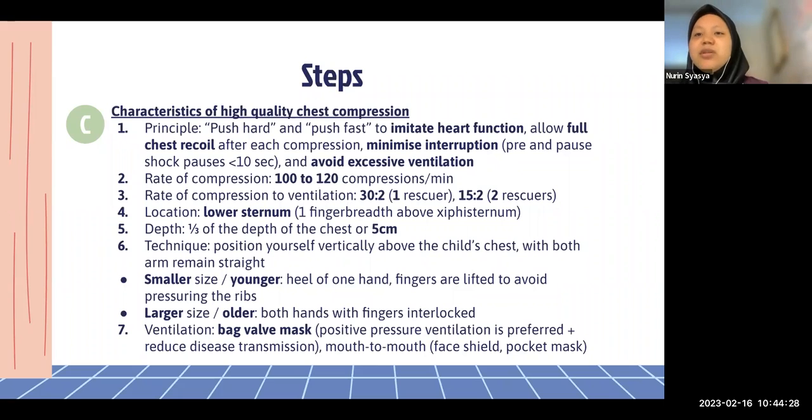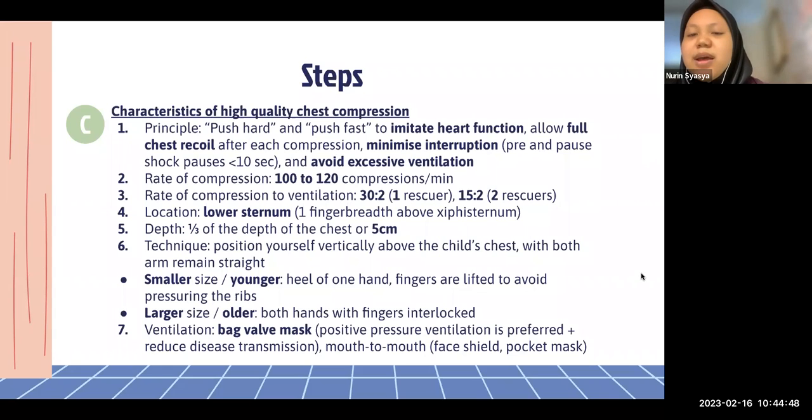So first you may position yourself vertically above the child's chest with both arms remaining straight. And then if there is a smaller or younger child, use only one hand, the heel of one hand, and you must ensure that the fingers are lifted to avoid pressuring the surrounding ribs. And then if it is a larger or older patient, you may use both hands with fingers interlocked as we